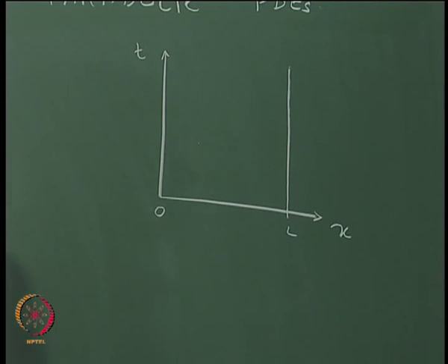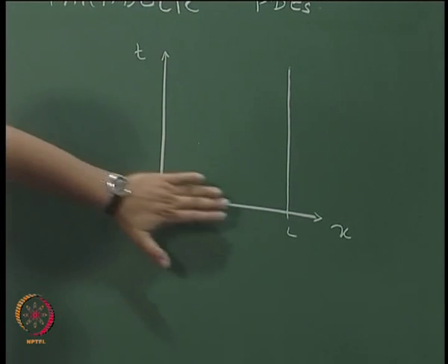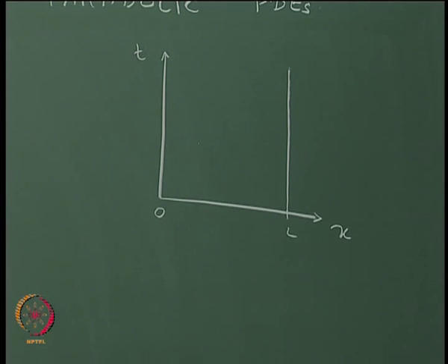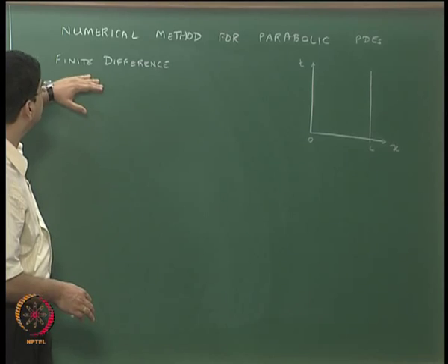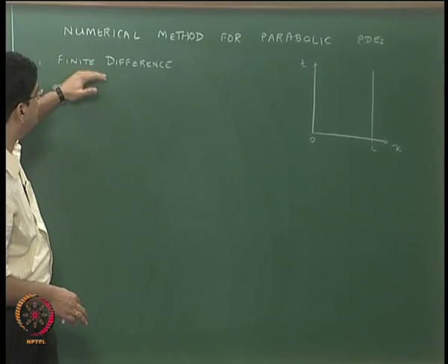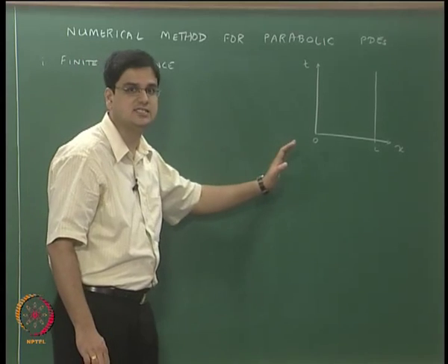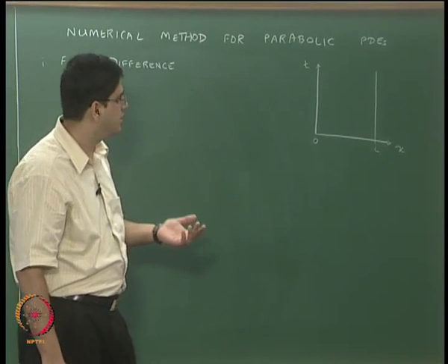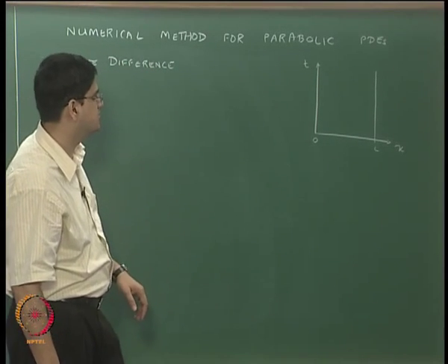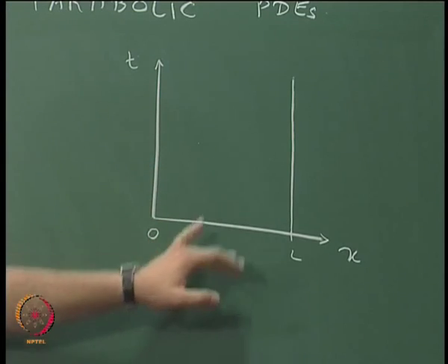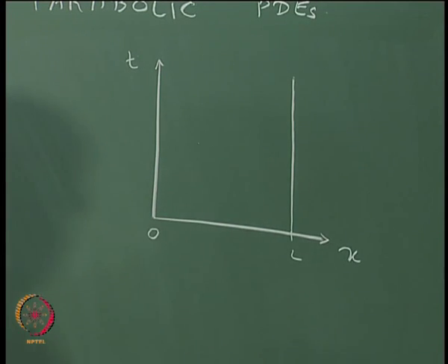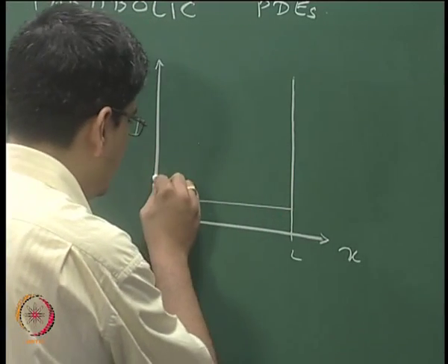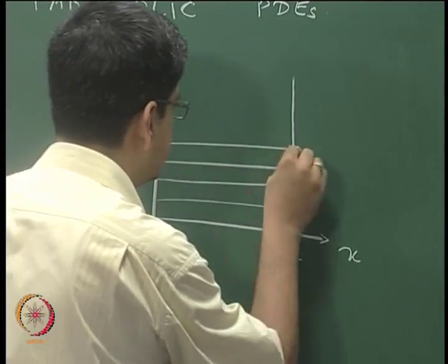Okay. So now that we have this domain in finite difference, whatever we have done in ODE solving techniques, we are going to use the same ideas in the PDE solving techniques also. In ODEs we had done finite difference only in one dimension. We had done finite difference either in space, that was in case of the heat conduction problem, or in time, that was in case of the reacting system problem. Okay. But however, in this particular case we need to discretize this in both time and space. So let us say this is how we discretize in time and space.